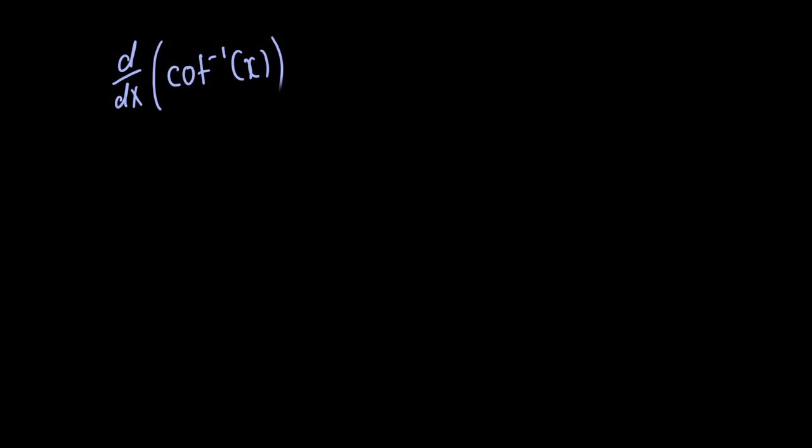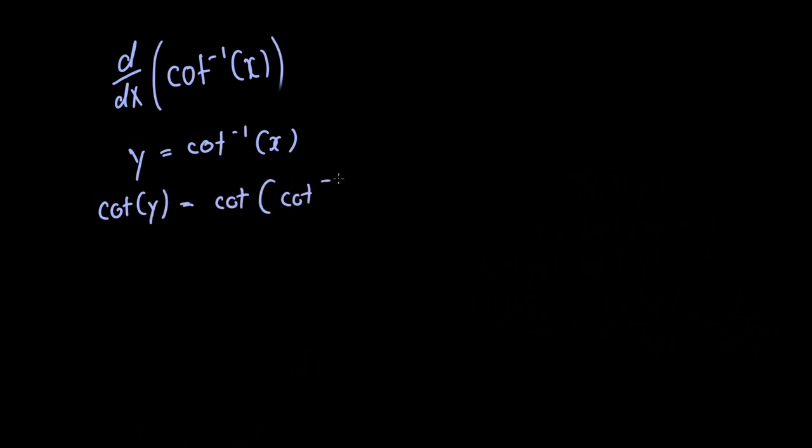Hi, so for this problem we're going to solve the derivative of inverse cotangent of x. Let's start by writing y is equal to inverse cotangent of x. Let's apply the cotangent function to both sides of this equation. Notice these two here cancel, so we're just left with cotangent of y